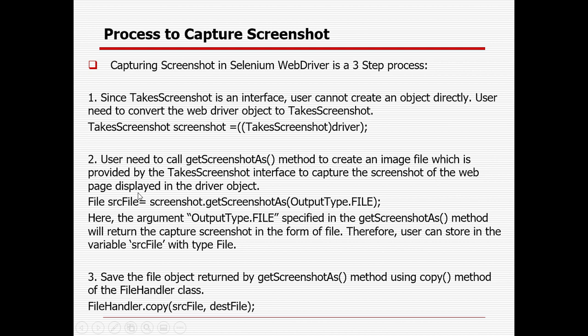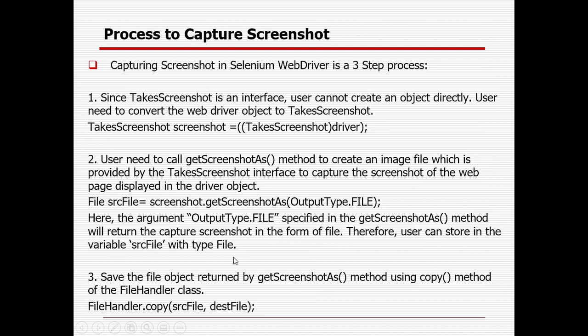Here is the line of code you need to write. The argument OutputType.FILE specified in the getScreenshotAs method will return the captured screenshot in the form of a file, right. Therefore you can store it in a source file. Then you can copy the screenshot from the source to the destination file. So those are the three important lines you need to write whenever you are capturing a screenshot.